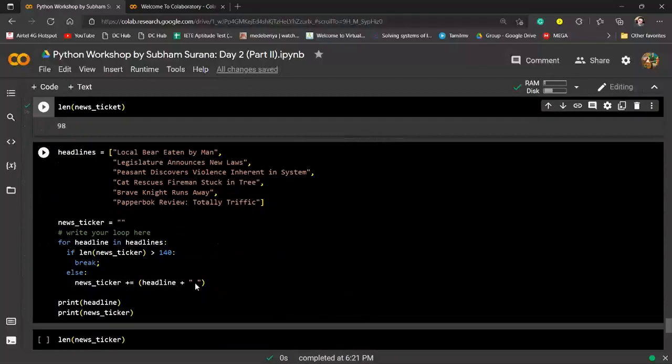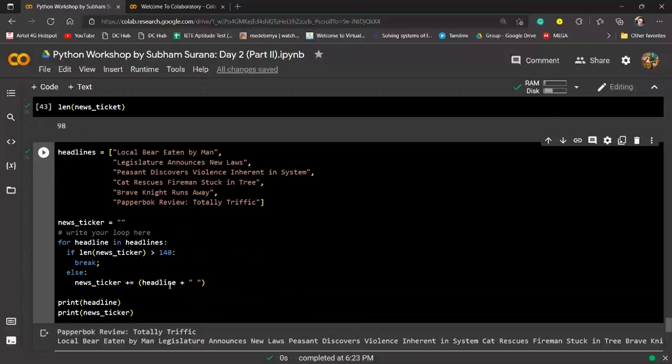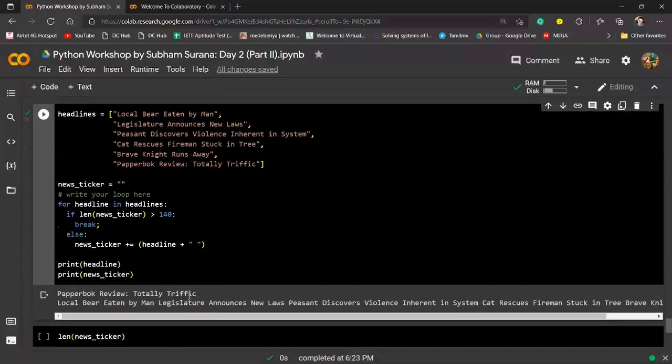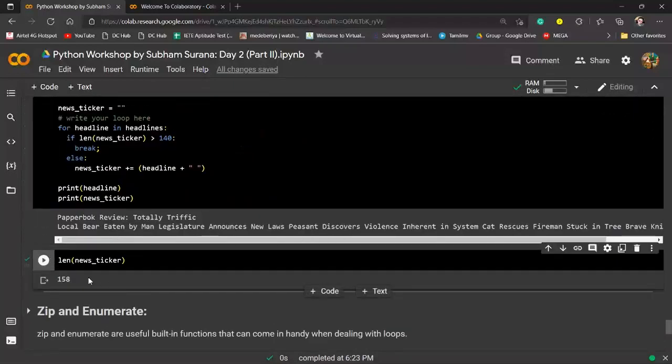Okay, and remember I said space. So that's why we are keeping a space here. If I had said underscore, then obviously you would be using the underscore over here to add the headlines. But since I said space, you are using the space. And now if I print it, let me just run it. See, this much is our new sticker, and you can even check the length of it. So it's exactly,